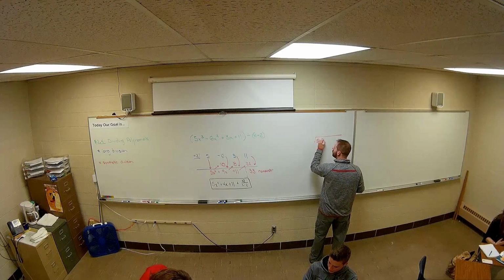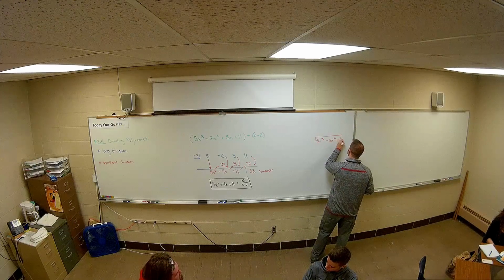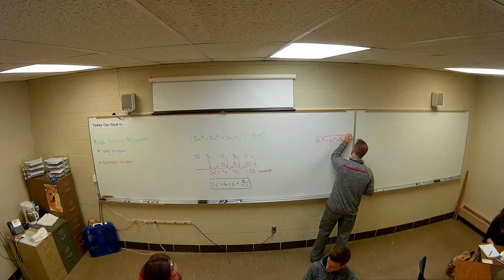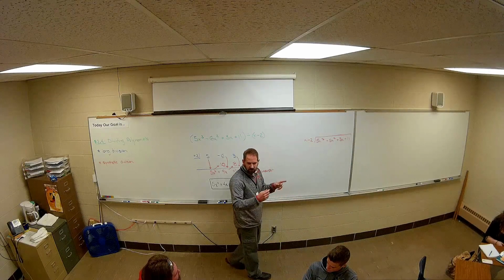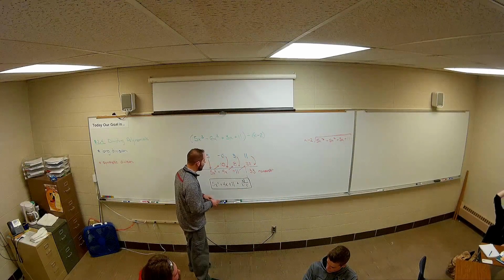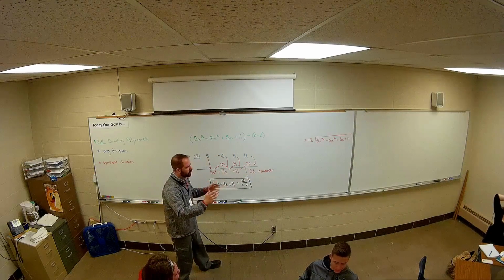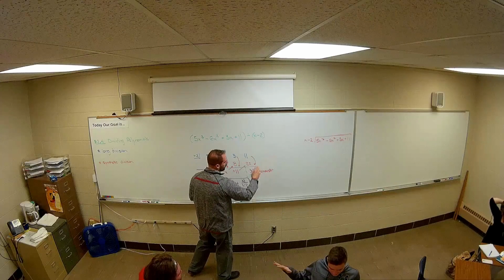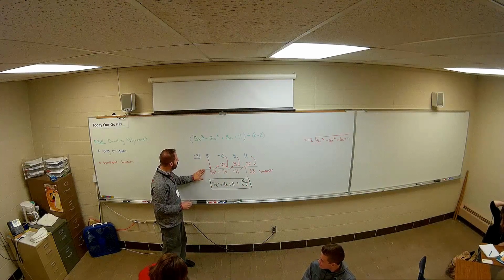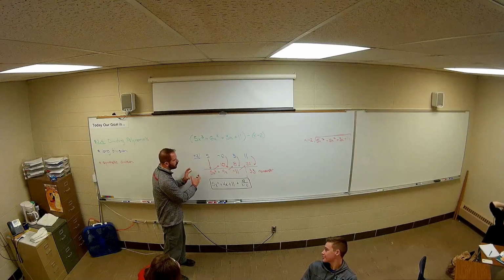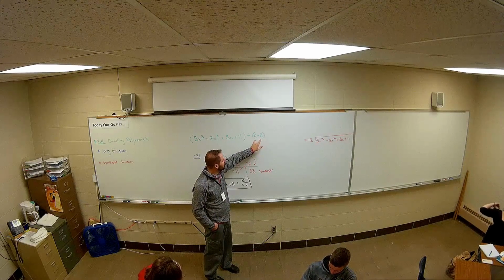So 5x cubed minus 6x squared plus 3x plus 11. On the outside, we have that x minus 2. Okay, so going through the long division steps, just so you can see this one more time. And I'm going to leave this problem up here today so we can always refer back to it. So if you like this method, or you like that method. Now remember, the reason why we were allowed to do this, and why we would choose to do this, is because we're dividing by something super simple, something super easy.